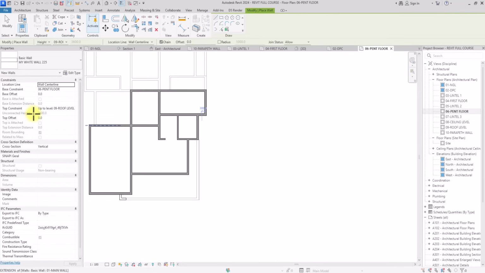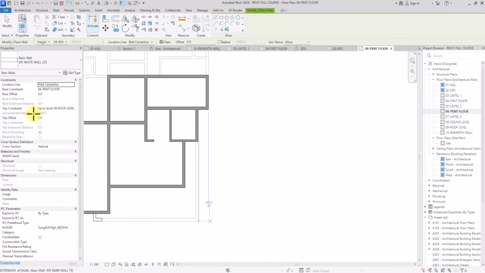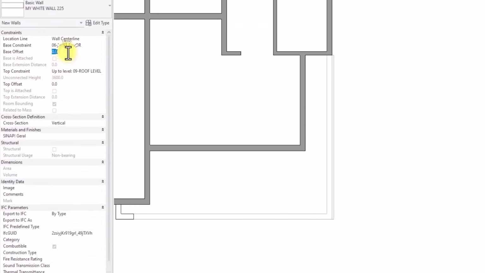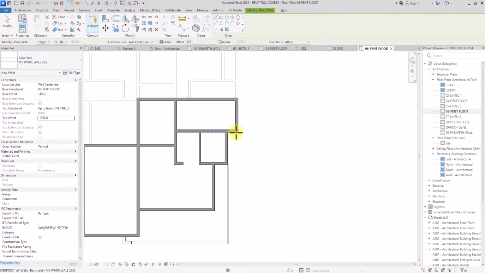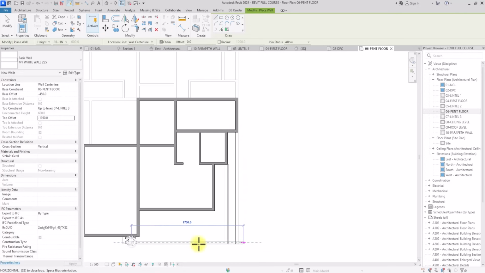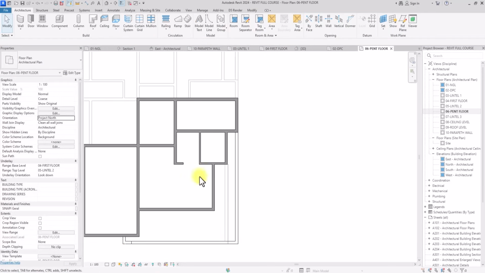So under this 225 wall, I want the balcony to extend up until this point. So I'm going to use the same principle, minus 450 at the base constraint. Then I'm going to change this to lintel 3 and do minus 1950, because if you remember, lintel 3 is smaller than the other lintels. So I'm just going to draw a wall all the way from here to this point to create the